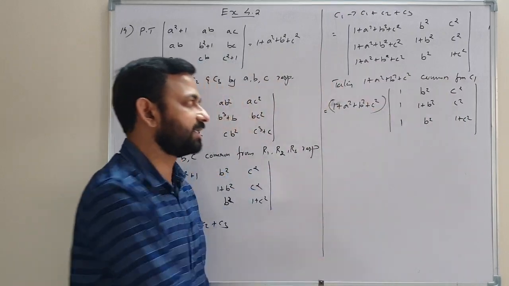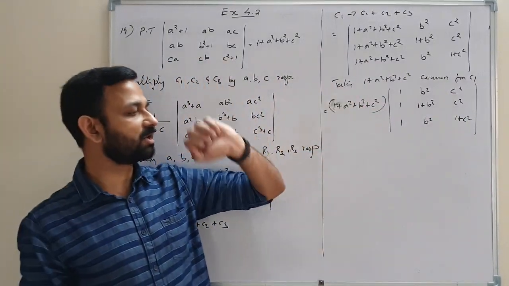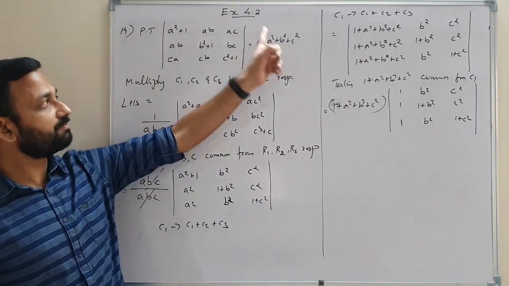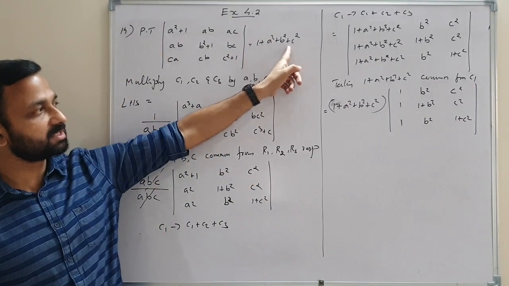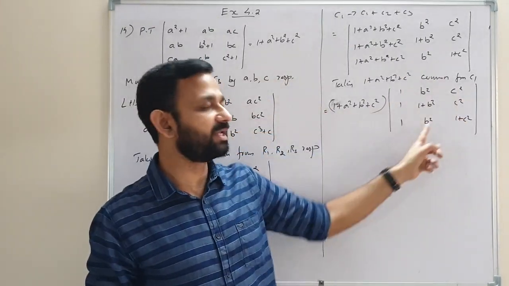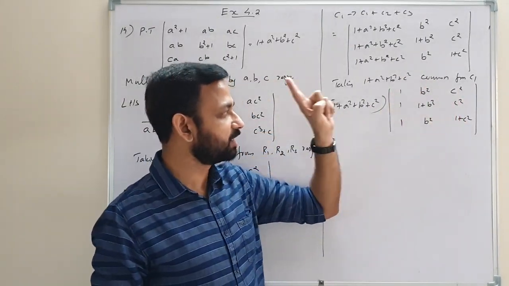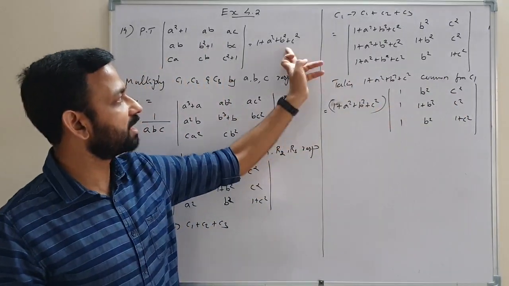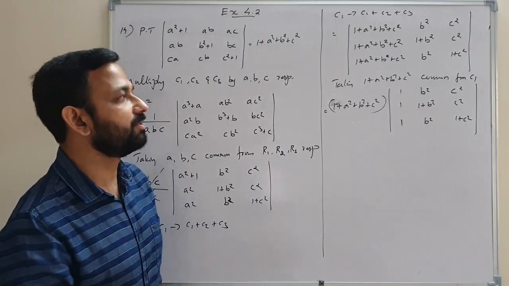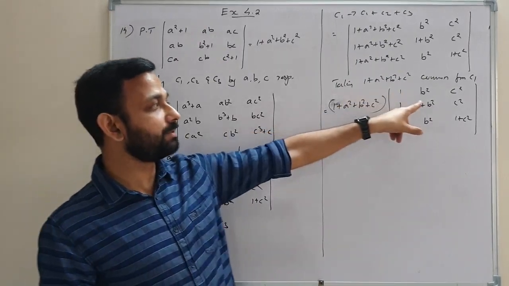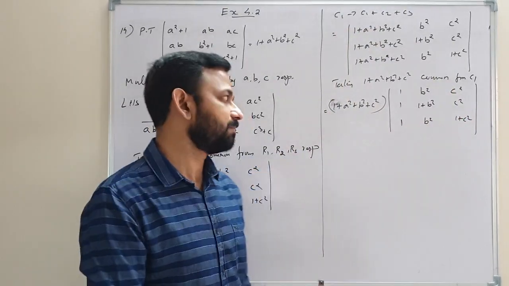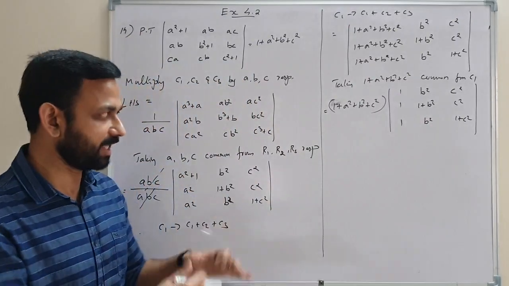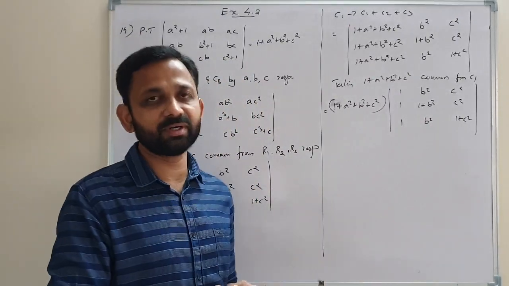So now we got another determinant, and here we have 1 plus A square plus B square plus C square common. We want to get 1 plus A square plus B square plus C square. We already got it, but we have one determinant here. So the value of that determinant should be 1. If the value of that determinant is 1, then 1 into this one equals RHS. So we are going to reduce that determinant into a 2 by 2 determinant by using a property. And here we need to make 2 zeros in any one row or any one column.